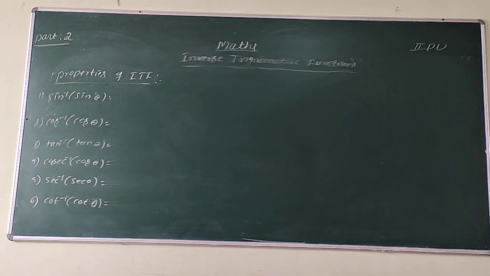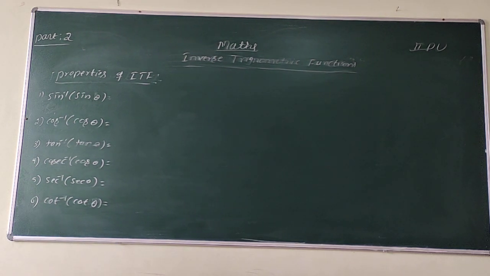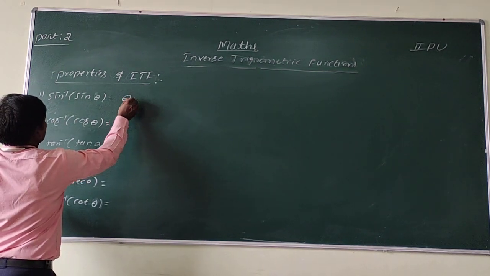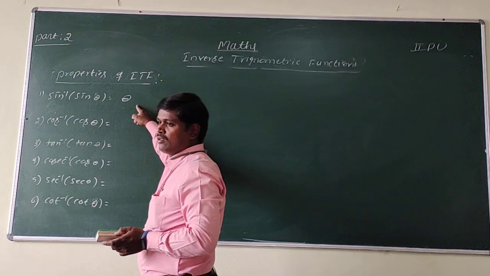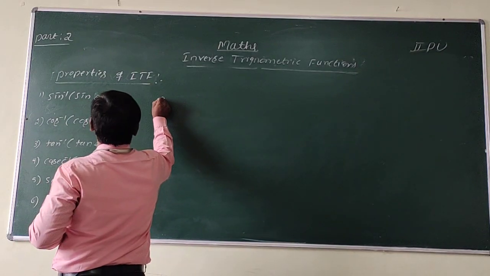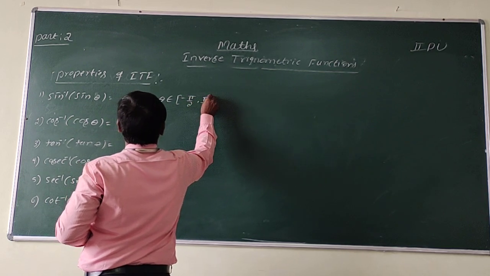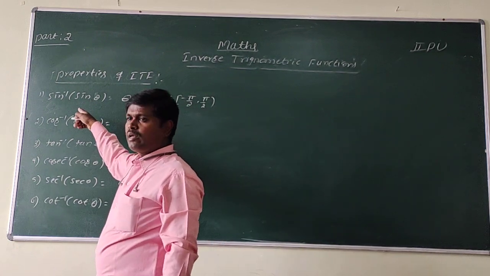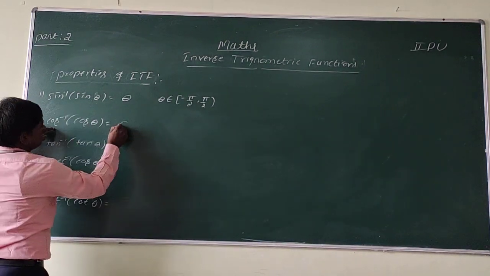Okay, so these are very important for your annual examination or NEET or JEE or CET. So observe here, sin inverse of sin theta is equal to theta. Here there is a condition applied: when theta belongs to minus pi by 2 to plus pi by 2. In this range only, we nullify the sin inverse of sin theta and we get theta. Then cos inverse of cos theta is also equal to theta